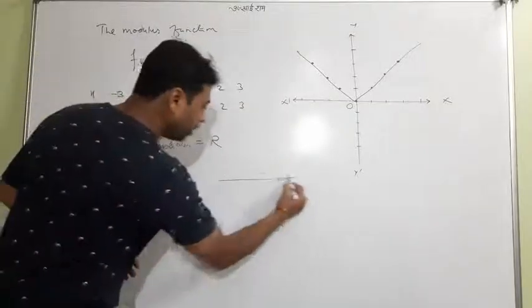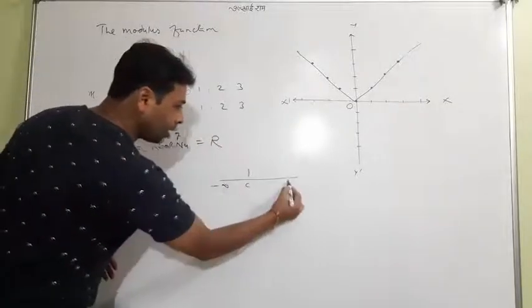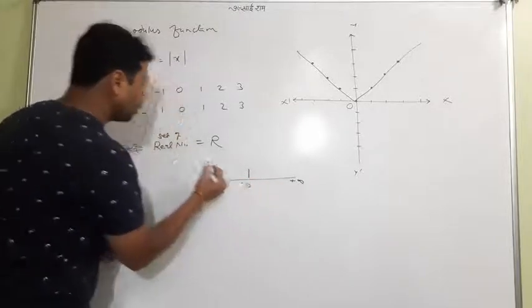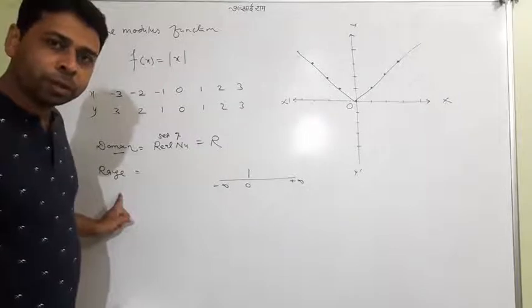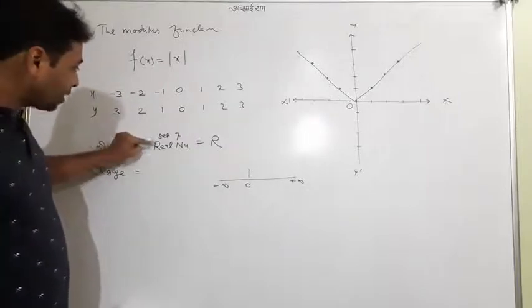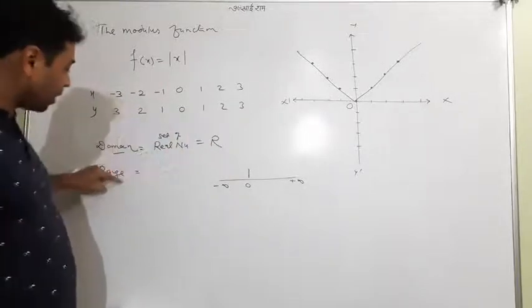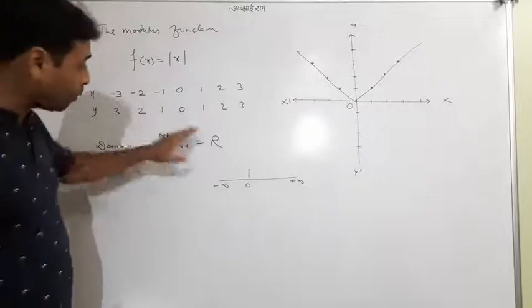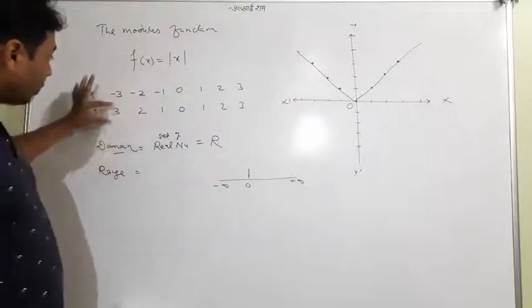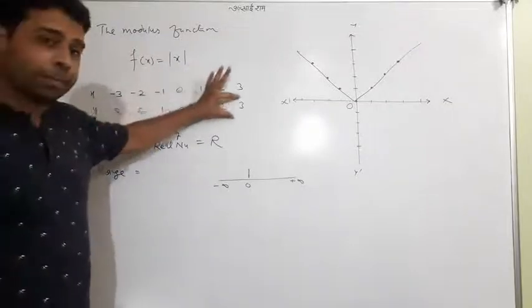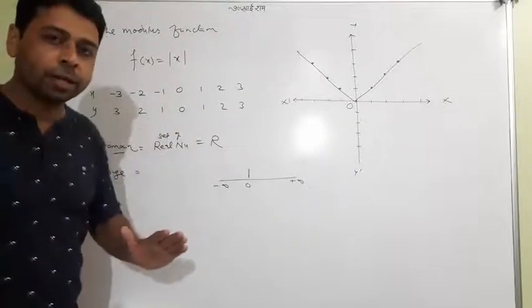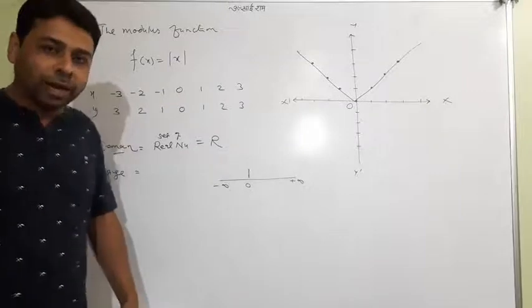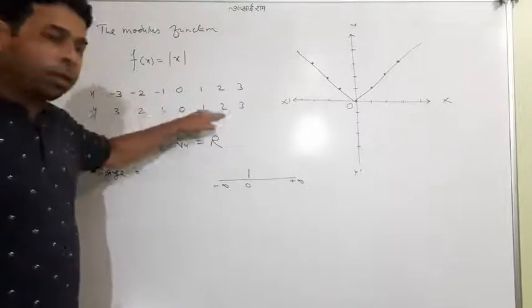If you go with the number line side, I'll speak frankly that the answer of the y, you know, the meaning of range. It is the set of the values of x. It is a set of the values of y. After putting these real numbers, whatever the y is, it is a range set. So the range set is 1, 2, 3 and this, not so, like that. But you should know the reality. The reality is it is not a negative number.